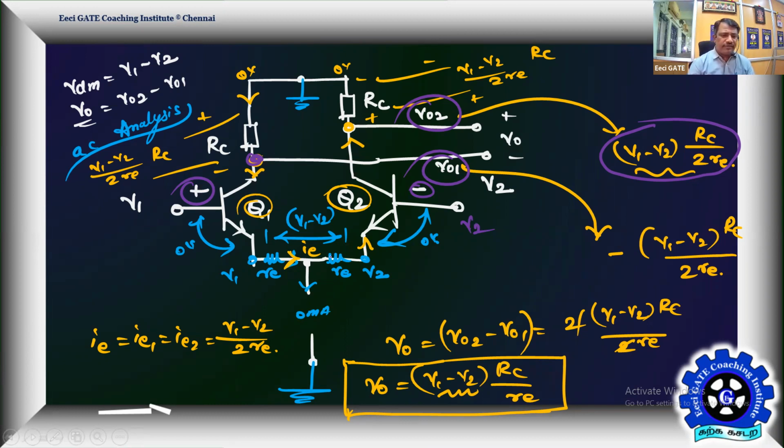Depending on who is exciting the non-inverting, that's the positive terminal, and the negative terminal, you get the expression as a function of V1 minus V2 or V2 minus V1. So that's another interesting problem. Closer to the gate level only, since he's expecting the expression, you can't remember so many expressions. If you start writing expressions, you'll have at least 100 expressions per subject, meaning you have to remember almost 1000 expressions for around 10 subjects. That's going to be a very hard route.